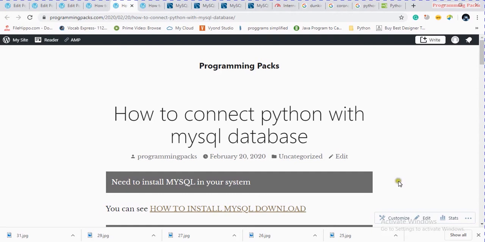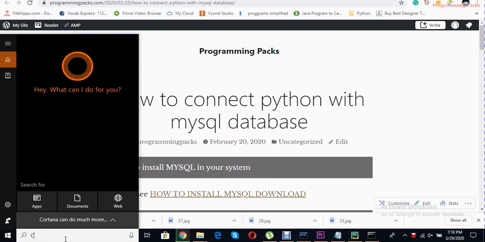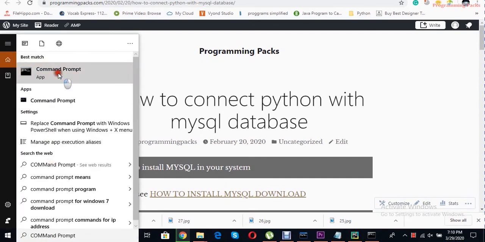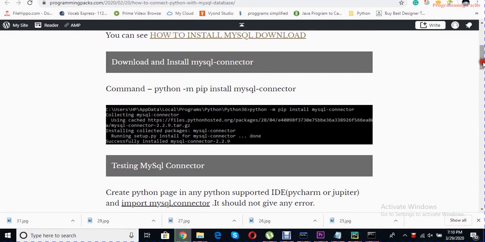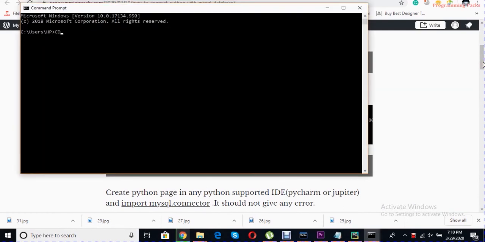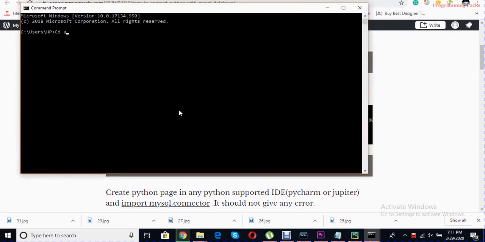First we will go to our command prompt, and here I'll go to where my Python installation is done. So cd, app data. For this version I need to go to app data, slash local,